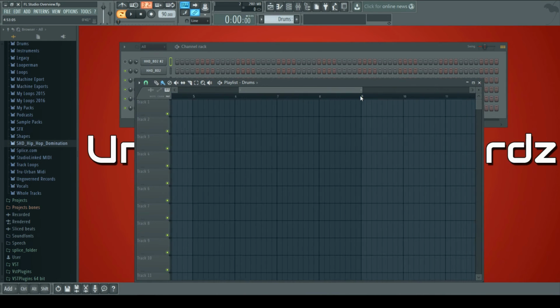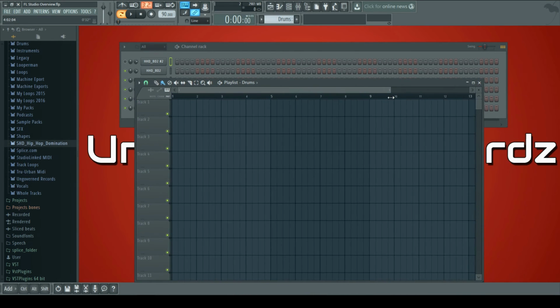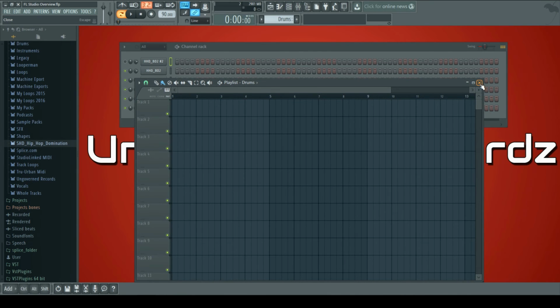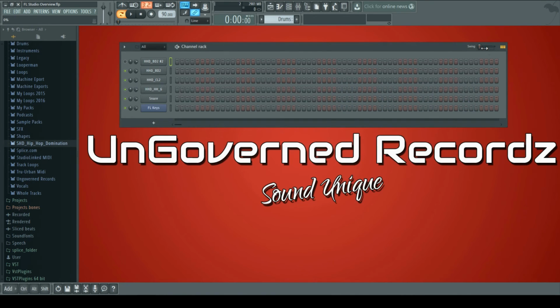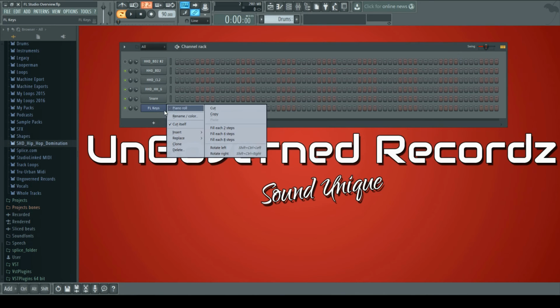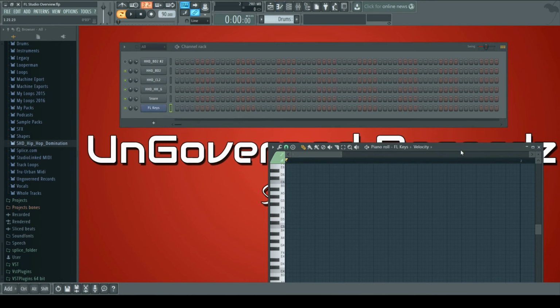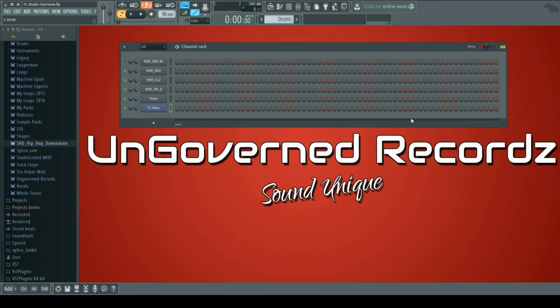This is where your puzzle and your beat, this is where your actual full piece comes together, and that swing will affect the whole input. But the swing, I don't think the swing actually affects when you make something with the piano roll, when you put something in here. If you were to put